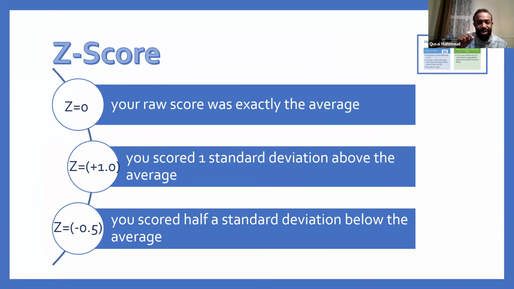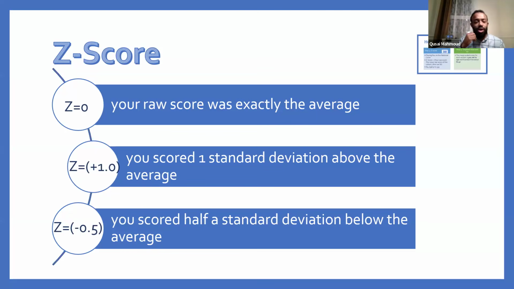Okay, if your Z score is 1, that means you are one complete standard deviation above the average. So the standard deviation would be, in this case, 40. So that means your score would be 290. Why 290? Because you are one complete standard deviation above the average. The one standard deviation is 40. So 40 above the 250.